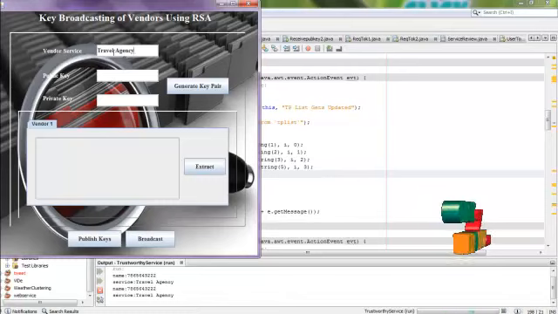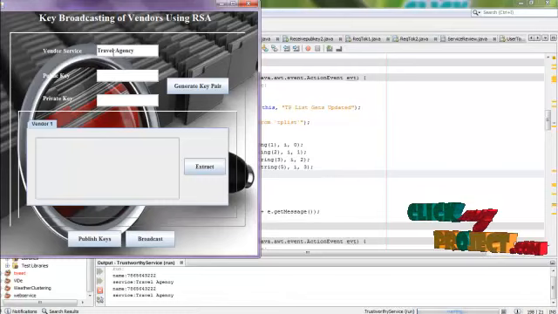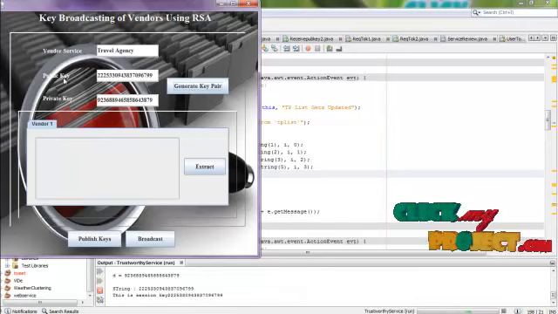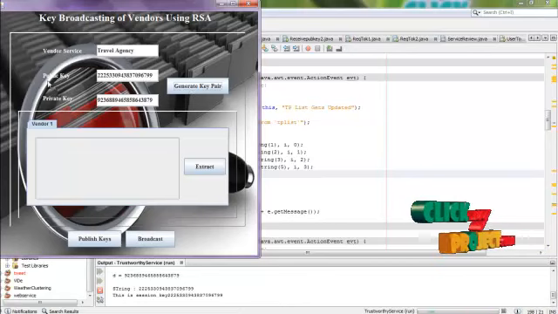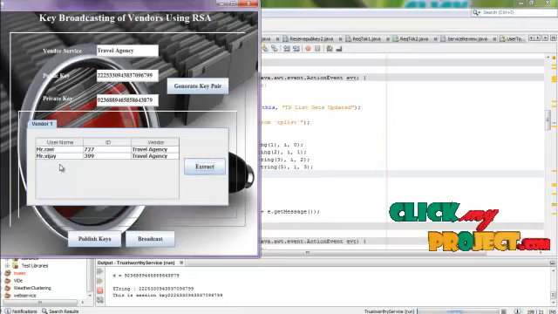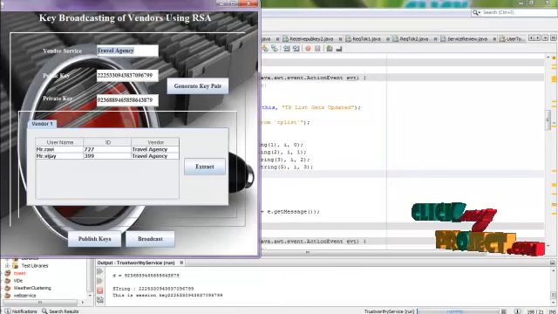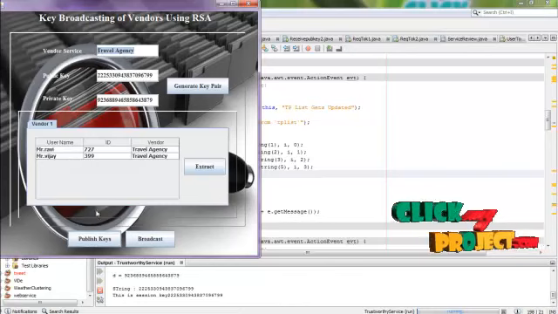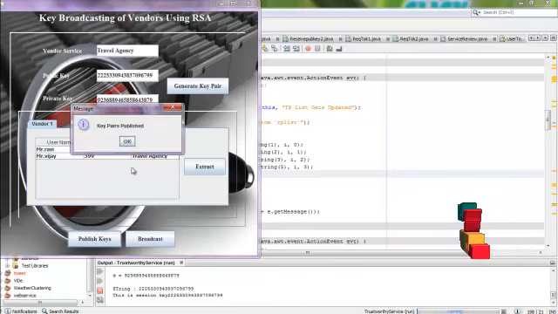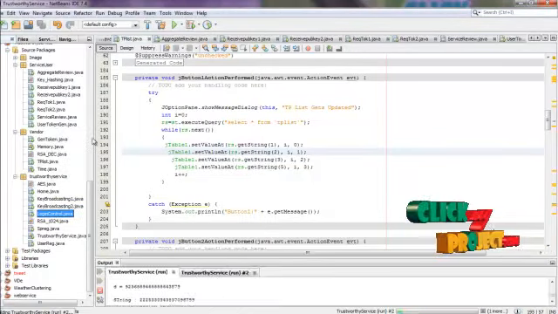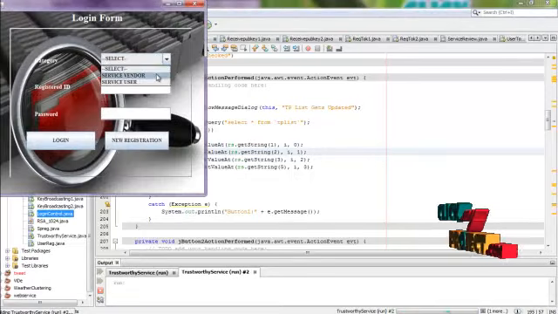Here we have considered two types of service agency called travel agency and hotel agency. Here I can generate a key pair using the RSA algorithm, which has both a public key and a private key. Here they can extract the users which have been registered under this travel agency. So here these generated public keys should be updated in the database, and then just log in as a user now.